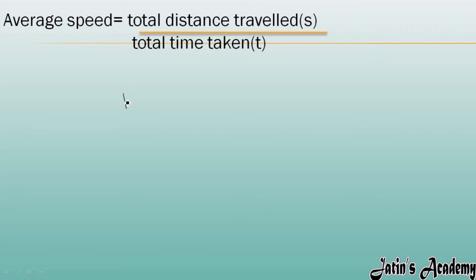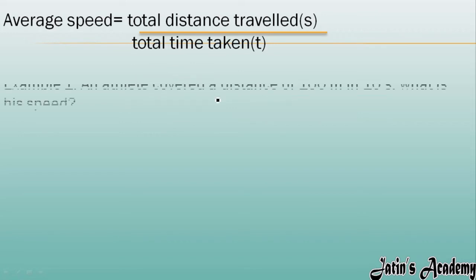For example, firstly this car is here. It took, for example, 5 seconds for 10 meter. Then it took again 5 seconds for, for example, 25 meter. Due to no traffic condition, it's going to cover more distance. So accordingly we are going to see the different changing of the distance and different time taken. Okay, so we will do one numerical also related to this.